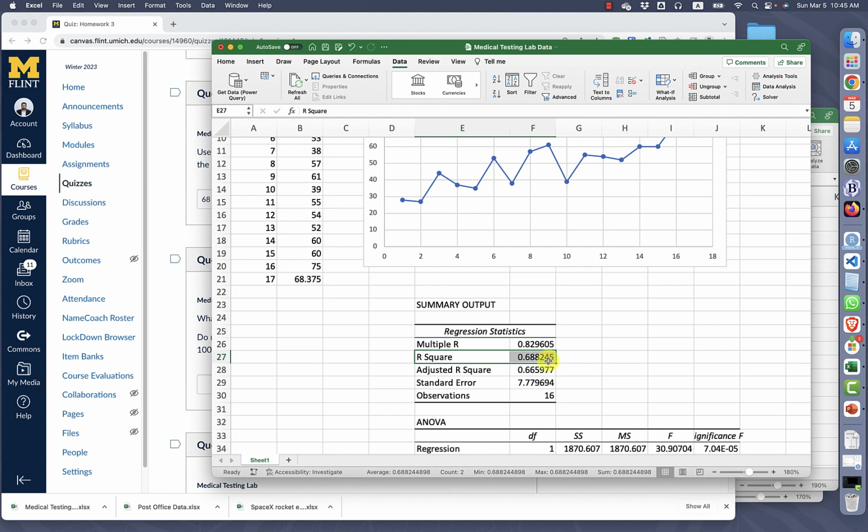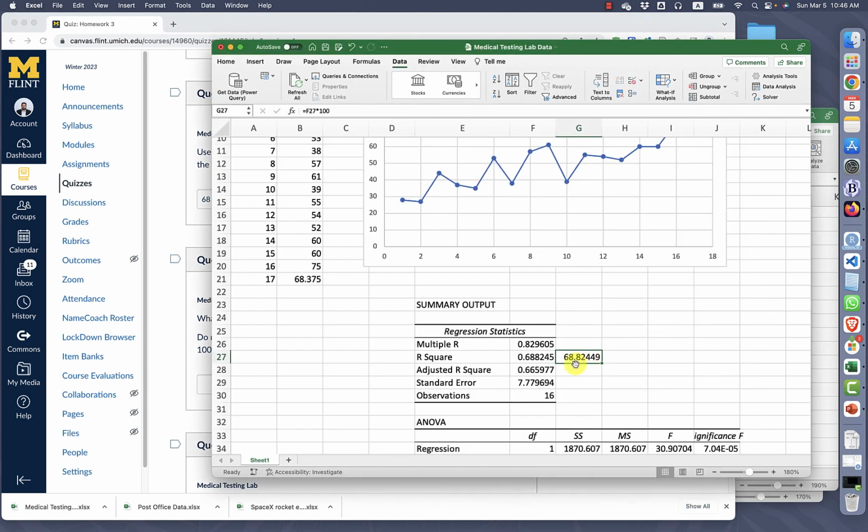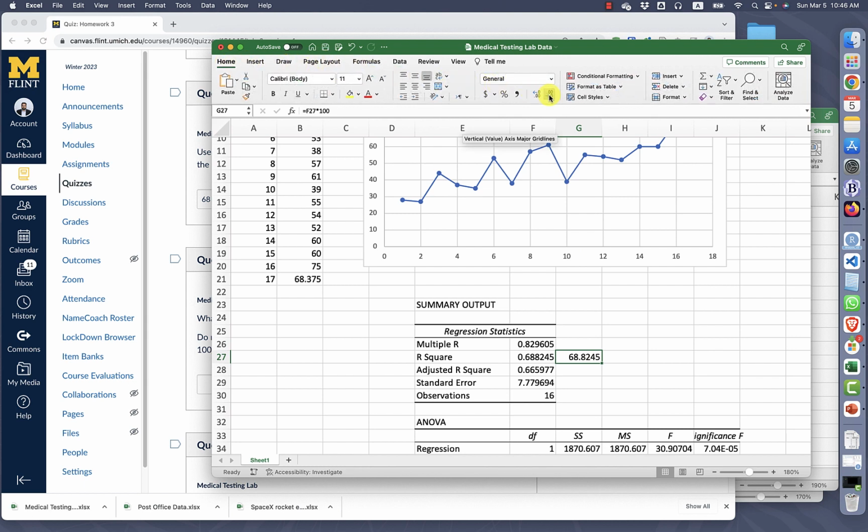R-square is given right here, which is 0.688 or 68.8%. So it's on a 0 to 1 scale, so you multiply it by 100 to convert it to a 0 to 100 scale. And we need 2 decimal places, so it's going to be 68.83, because the 9 makes this 4 become 5, the 5 makes this 4 become 5, and then the 25 rounds to 3. Or you can just go here and use this button to round it to 3 decimal places. Now Excel is actually rounding to 82, which is also correct,